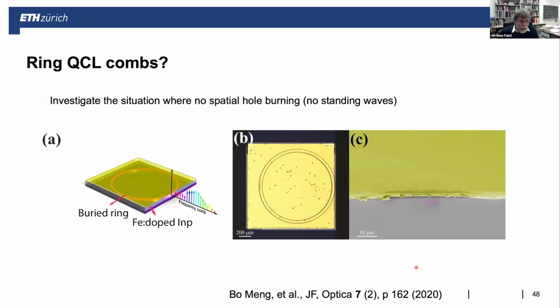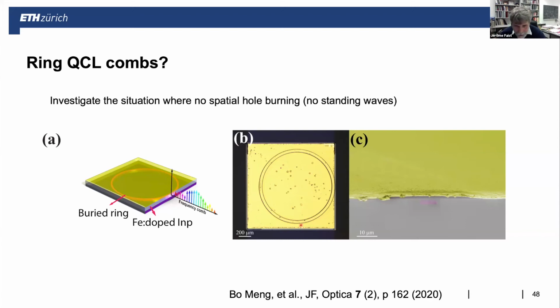And to finish, another interesting development, even more conceptual, if you want, than really at this point giving us the bandwidth, is the idea of using ring QCL combs. The idea here is that for those who are in the field, you know that spatial hole burning is seen as a very important element that generates the locking of the mode. So the idea here, well, if you do a ring, you remove the spatial hole burning, and this was done using a technology, the buried